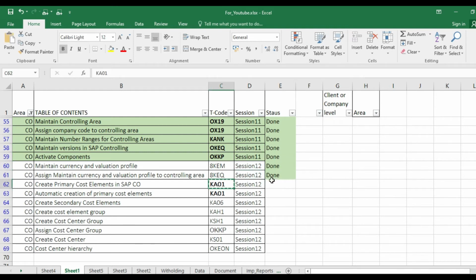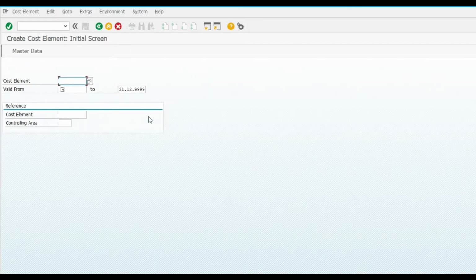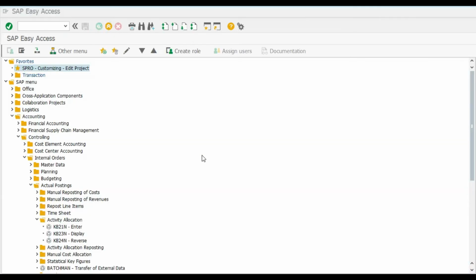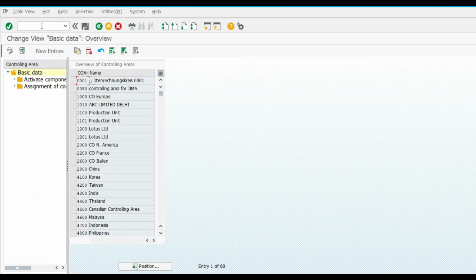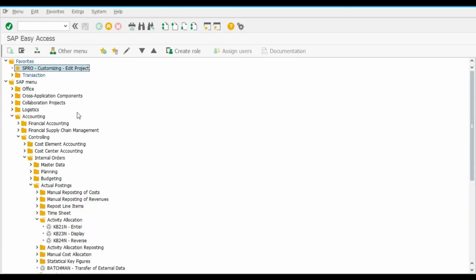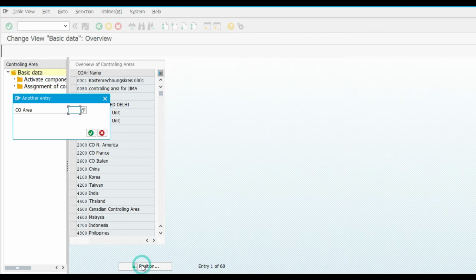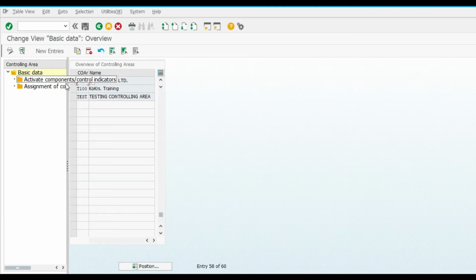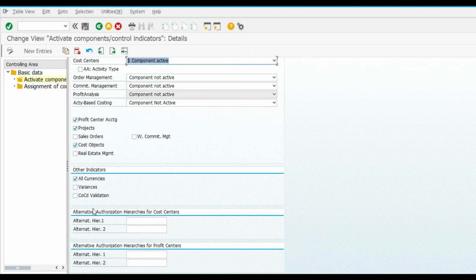Now create primary cost element, KA01. Before that, first of all, we have to create a hierarchy, the standard hierarchy. OKKP, I think this is the T code. No, this is alternative hierarchy.